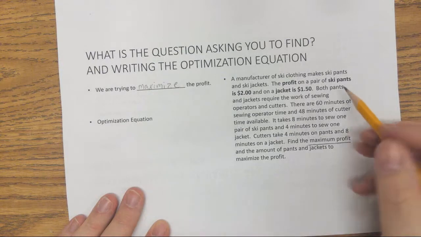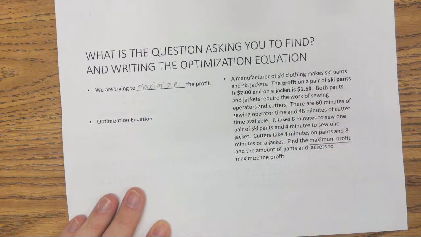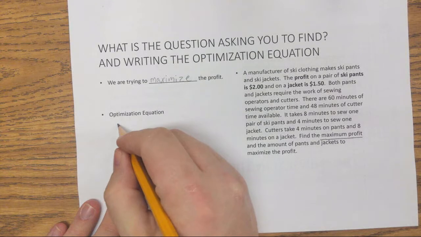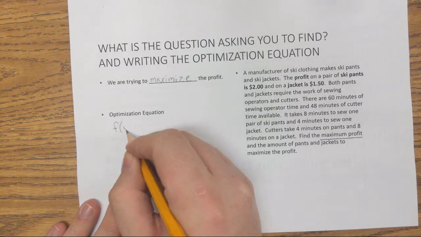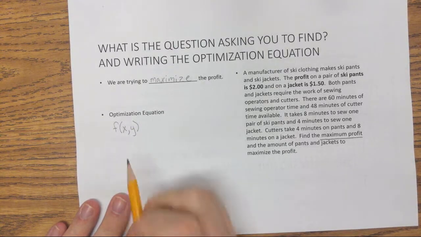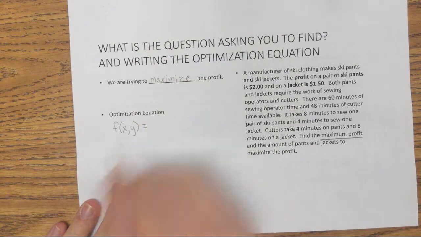Well, in order to do that, we're going to use this information that they give us on the profit. Okay. And we're going to write that equation, this optimization equation. Many times you'll see it written as some kind of function, but the function is going to be with 2 variables here. Okay, so we'll say f of x and y is going to be equal to,